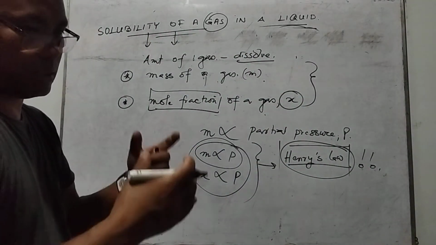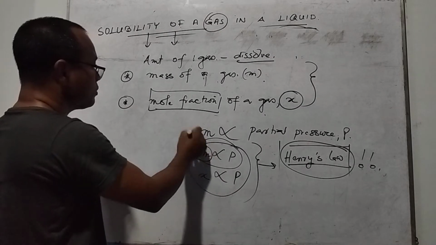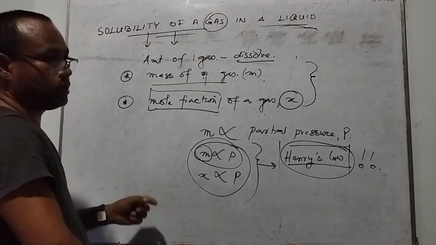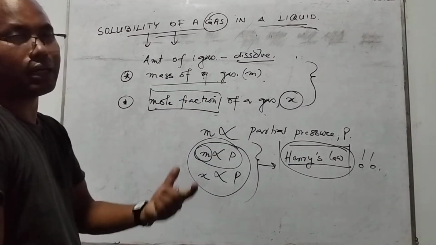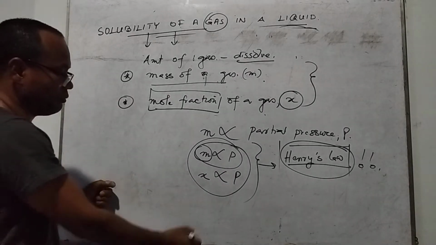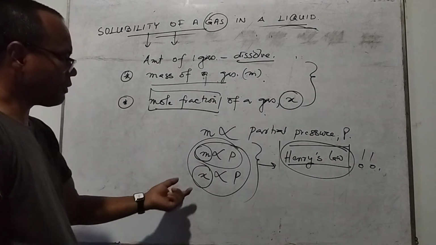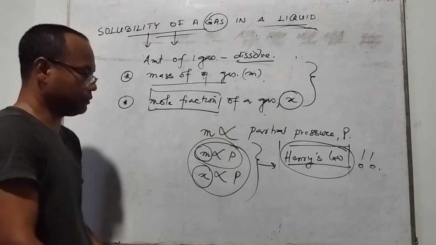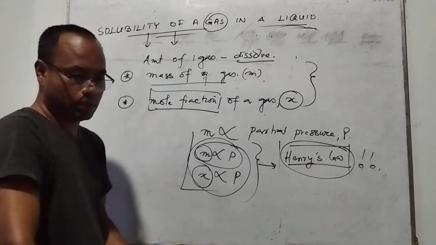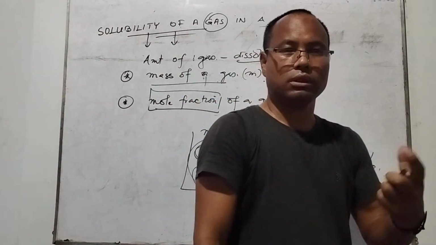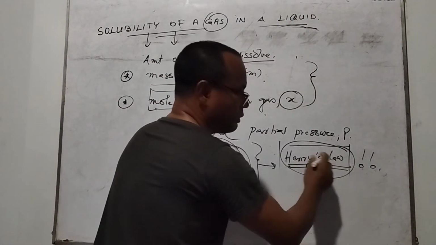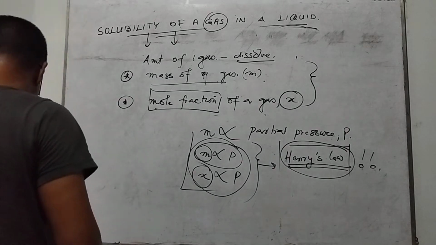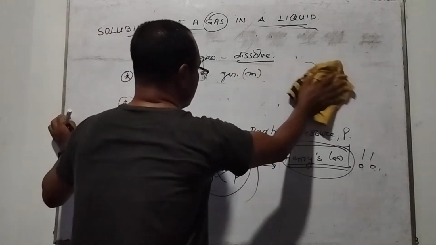Simple logic: it is the relation between the mass of the gas dissolved, or the mole fraction of the gas dissolved, and the partial pressure or atmospheric pressure. Okay, so this is the relation between these two. This is the law we should remember here. Now here, according to Henry's law,